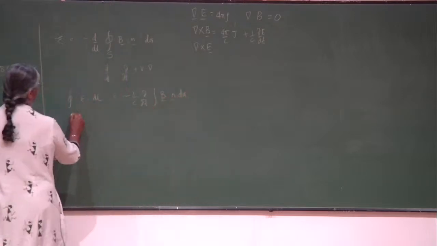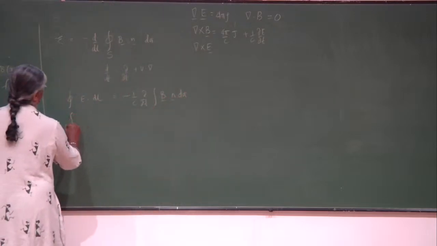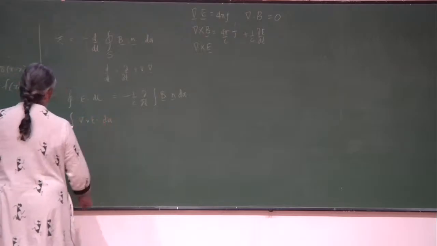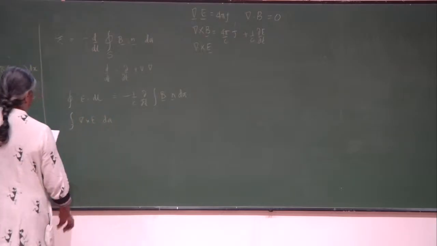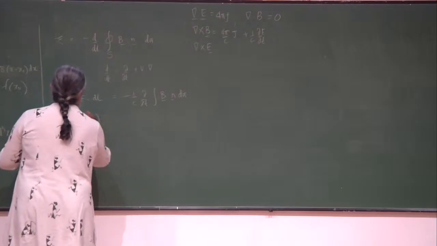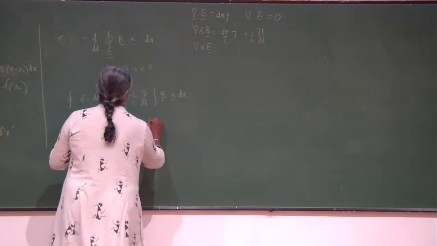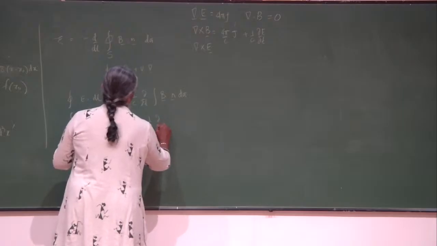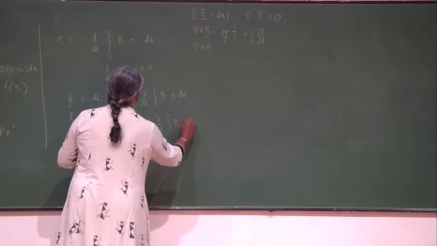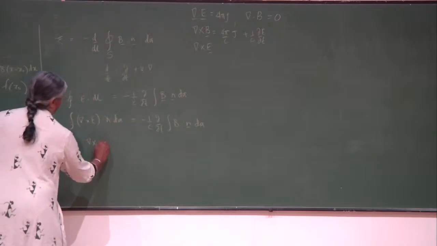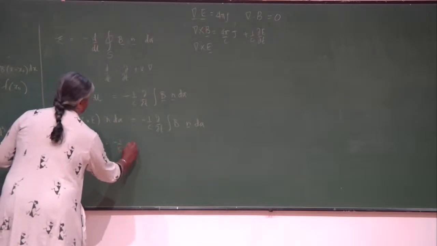Now, I use Stokes' theorem to convert this into a del cross E dA, right. So, now I have written always dot n, so my area element is minus 1 by C d by dt of B dot n dA. Then I can actually write del cross E is equal to minus 1 by C d